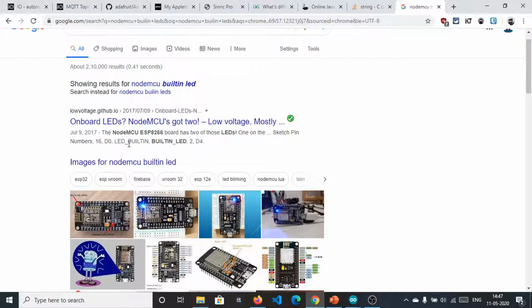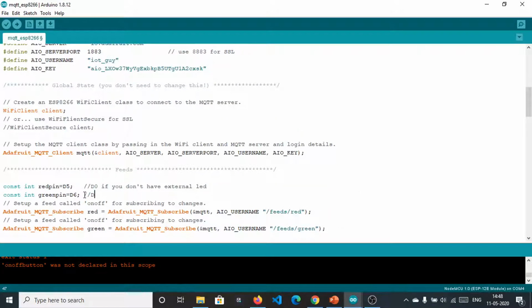Okay, D0 and D4, these two are built-in LEDs. LED built-in and built-in LED, this is the alias of the same pin. So D0 and D4, if you don't have external LEDs. Fine, so we have actually connected the pins D5 and D6.